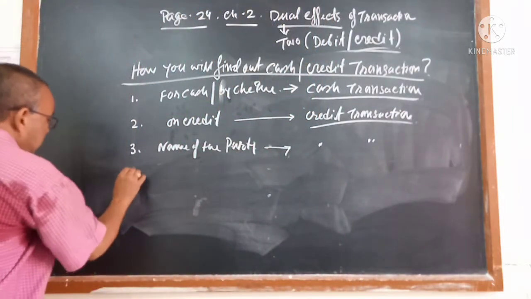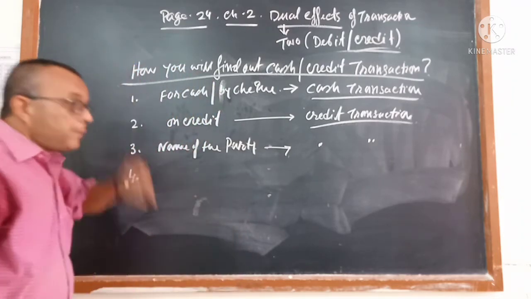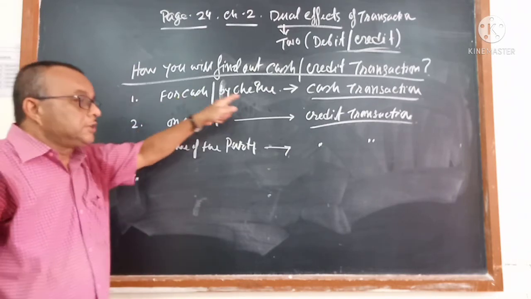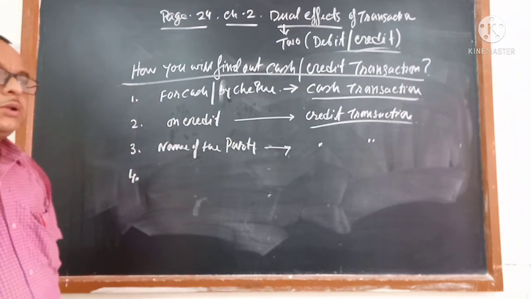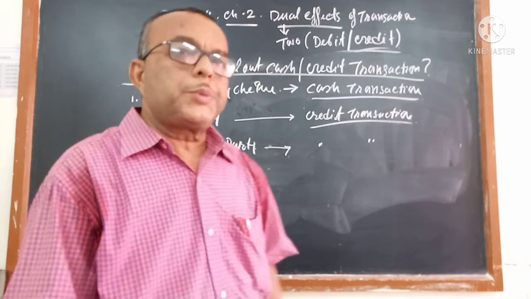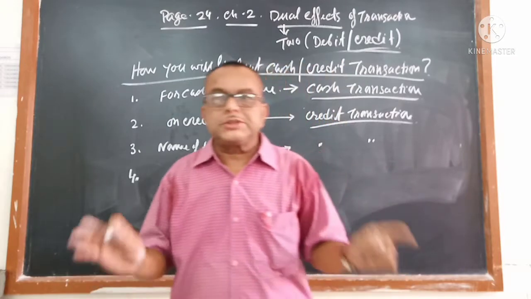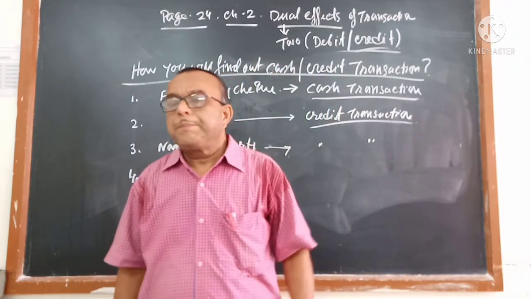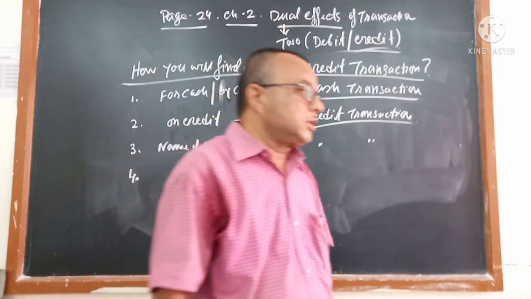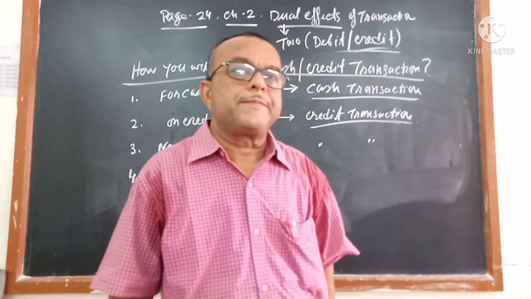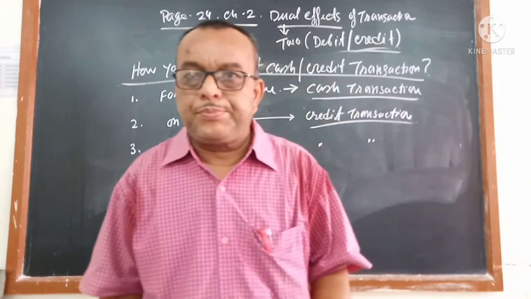Next point is coming, point number 4. One by one I am going. You will find out this order. Suppose if it is given for cash by check not there, on credit not there, party's name not there, then what will we do? Suppose it is given, paid salary of rupees 7,000. It is a transaction. Of course, it is a transaction. All three conditions are satisfied, but nowhere is it mentioned for cash, by check, on credit, or party's name.